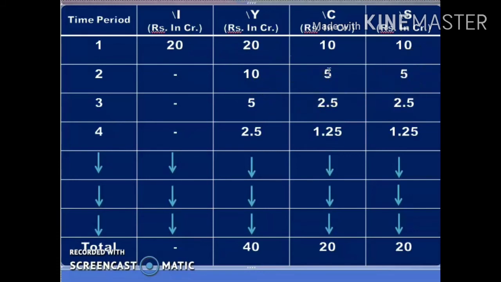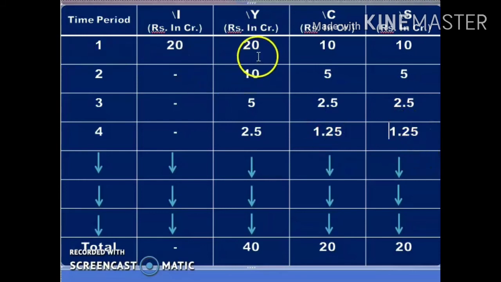Next you write the same delta C in the delta Y place, as you know the law. Next you multiply it with the MPC and you will get 2.5. Next, subtracting 5 minus 2.5, you will get 2.5. Next, delta C is written in the delta Y place in the next column. Multiplying 2.5 into MPC, you will get 1.25. Subtracting 2.5 minus 1.25, you will get 1.25.